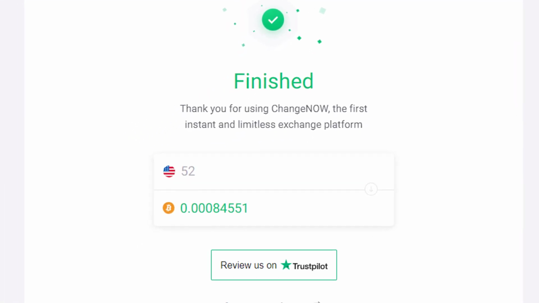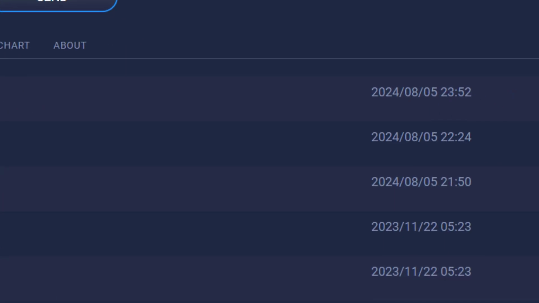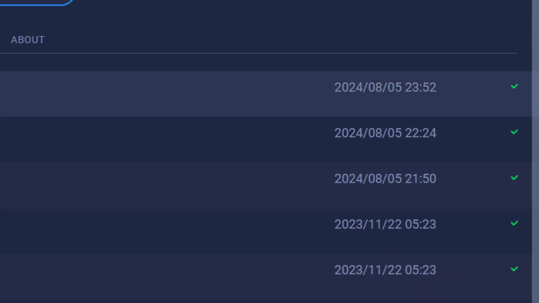Hey, family, so we are back. Now, this was the Change Now page, and we had already seen in Atomic Wallet that the funds were there, but we were waiting for the green check here for everything to settle, and they did. Again, it actually didn't take all that long, but I had to jump on that other Zoom.